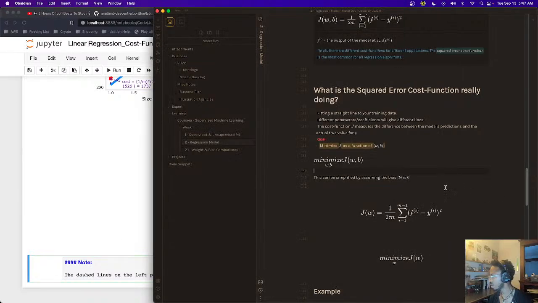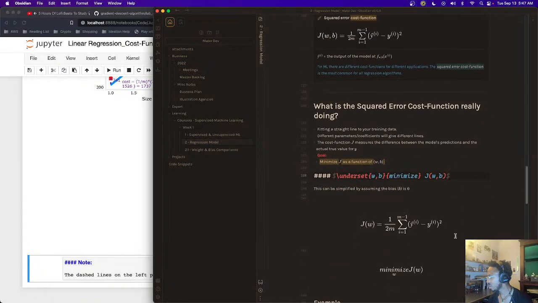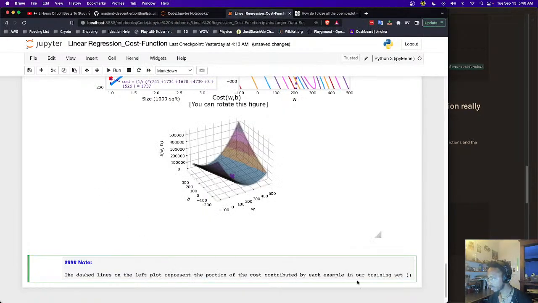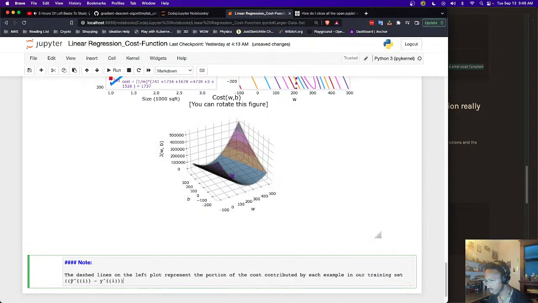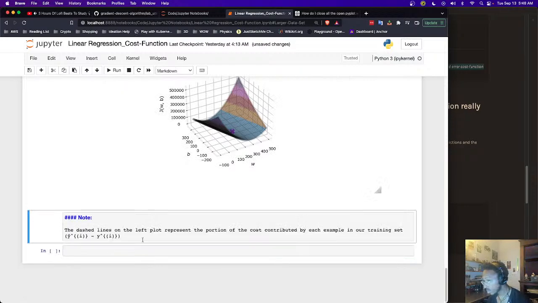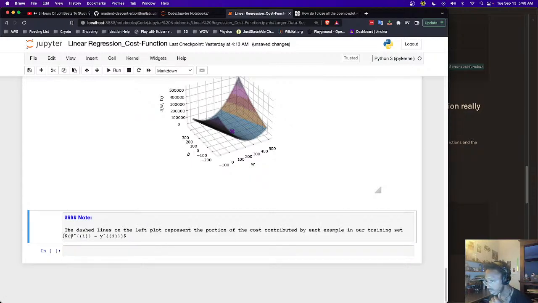This is going to take a lot of LaTeX. Let me see if I can just take this here. There you go. Oh, I forgot my dollar signs. Okay, so for each example in our training set, comma,